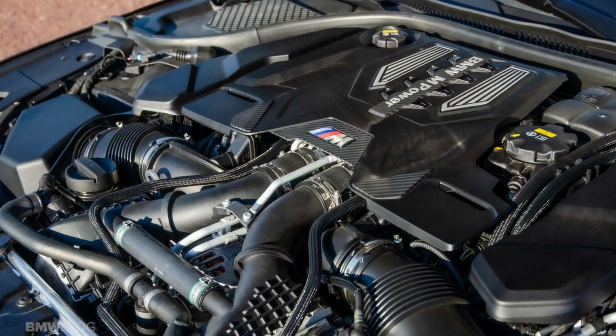I'm pretty sure it was a big thing when it just came out, but people don't really remember this one, at least for me personally. I had forgotten this existed. So this one is a 4.4-liter twin-turbo V8. This is 2011, so we're getting into pretty modern stuff. It's the S63 engine and